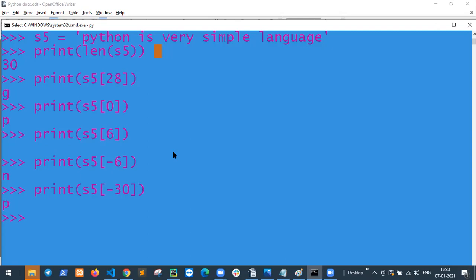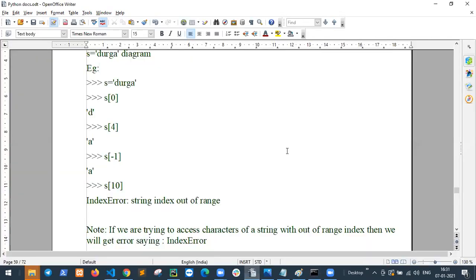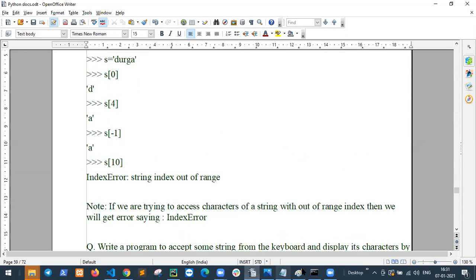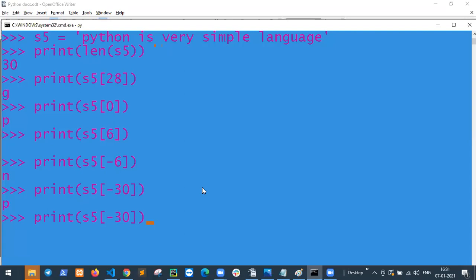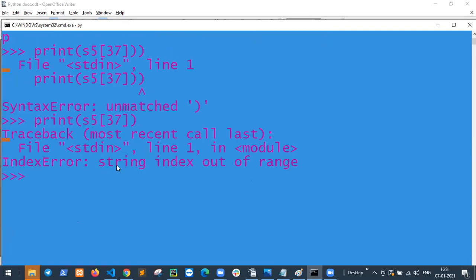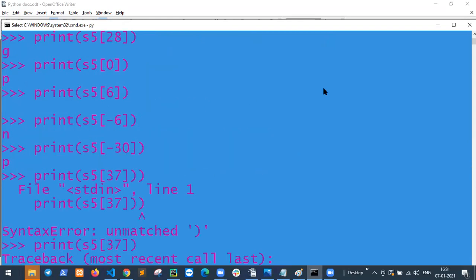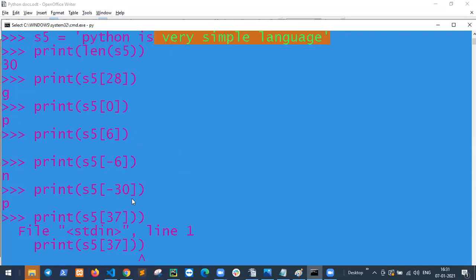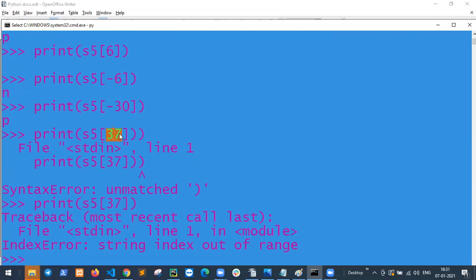Yes, sir. Okay. If I say index 37, this is an error. Which error? String index out of range. This is an index error, because there is no index 37; the string only goes up to index 30, but I want to print index 37.